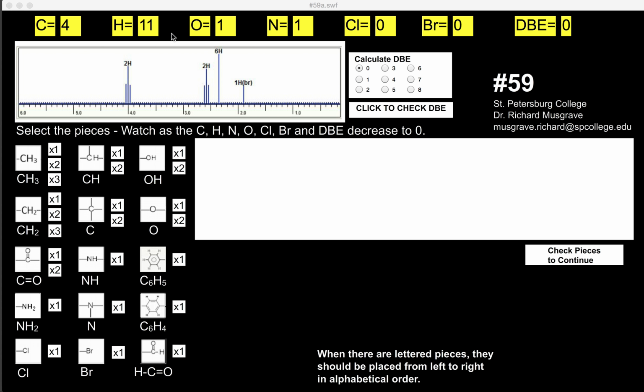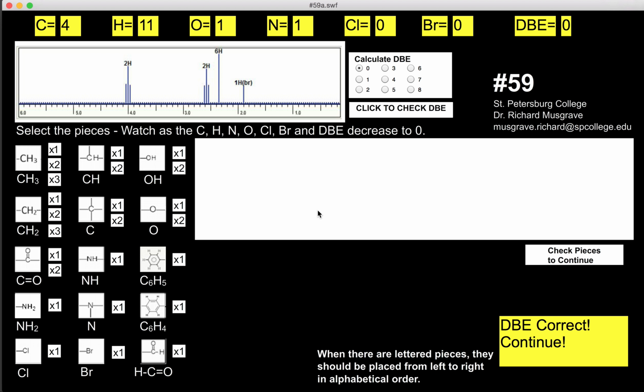This one is C4H11ON, and that would indicate that we have 0 double bond equivalents. Now we can look at what we can see here. I can see two CH2 groups, so that's going to be two CH2s, and we've got a 6H here with